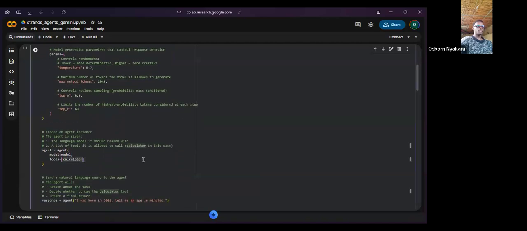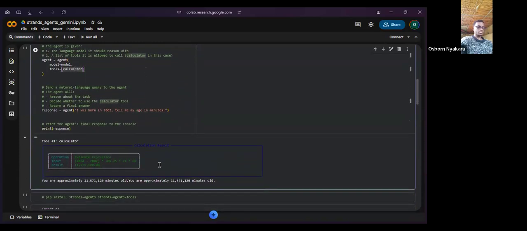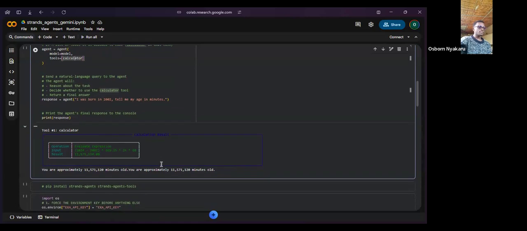So we have the model and the tool, and the agent itself does its own calculations. If it was a more complex task, it would use its autonomy and self-correct. If it doesn't know what to do or hits a blocker, it knows, I'll not ask the user, I'll just take this other direction instead. So this is what we have.